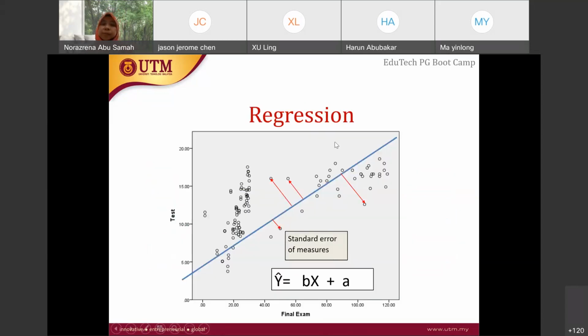And then regression. Regression is related to correlation. Regression is finding the straight line equation. So you are finding the straight line equation. Let's say the y is the